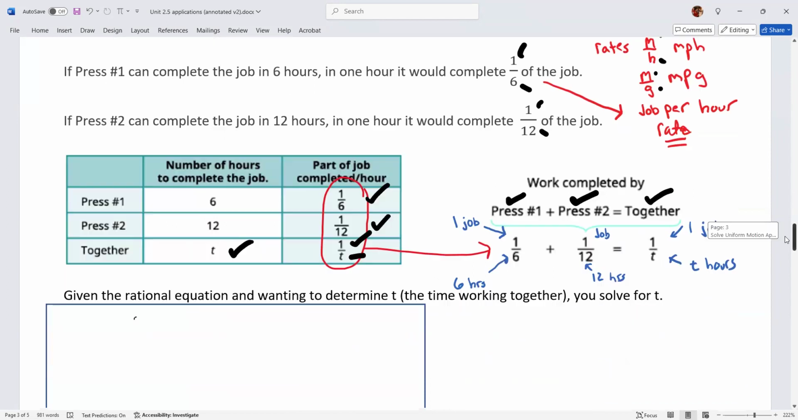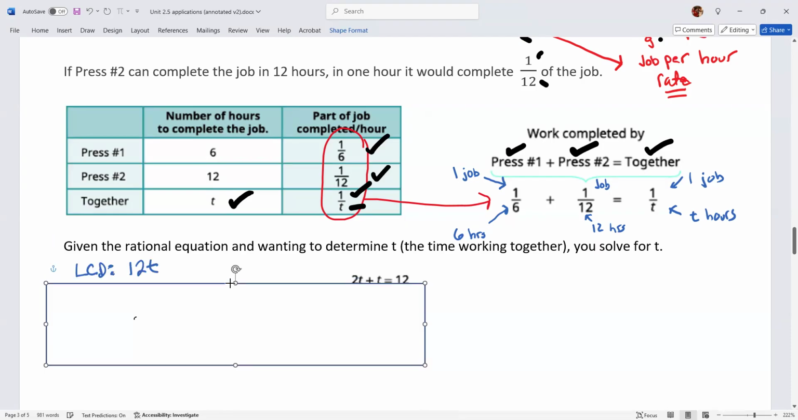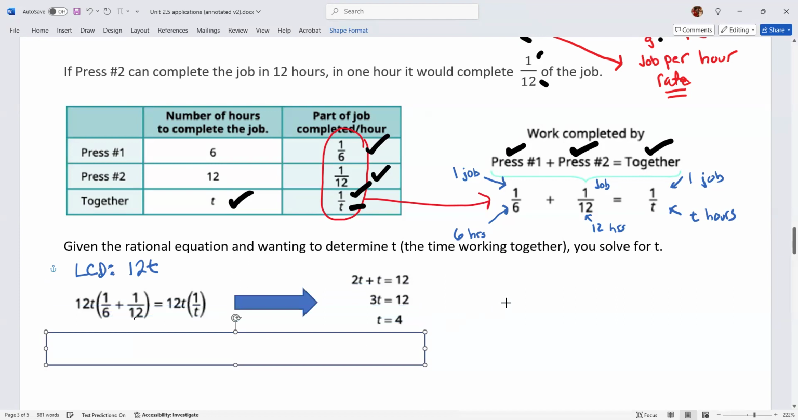So what do we do? We just take a look at this. Well, it's an equation and it has denominators. We want to clear the denominators and solve. And these are usually very, very easy equations. So what is the LCD here? Well, the LCD, I got a 6, a 12, and a T. So 12 would be the number and T is the variable. It's all the unique factors, okay? And so if the LCD is 12T, and I multiply both sides of the equation by 12T to clear out the fractions,